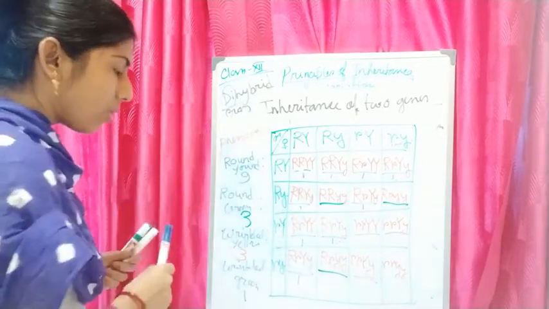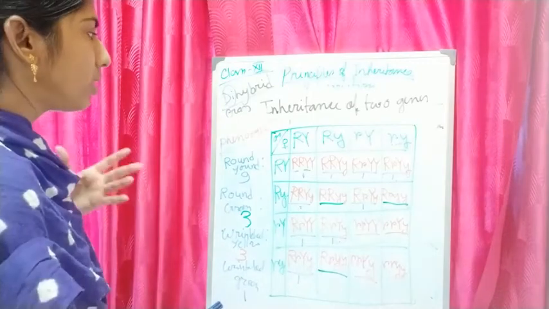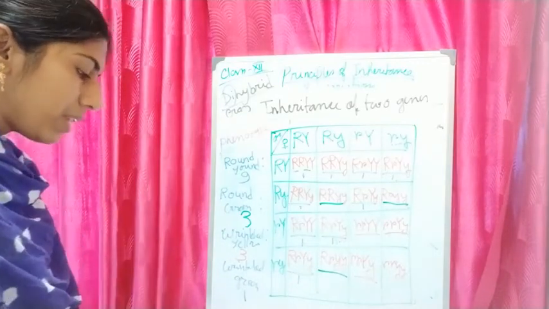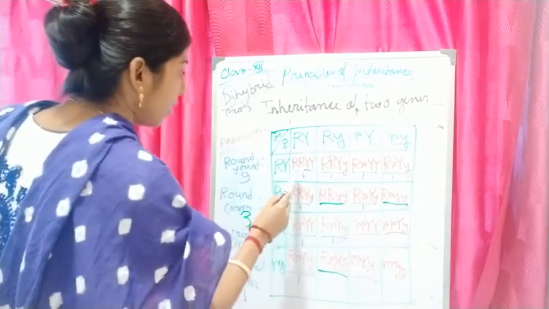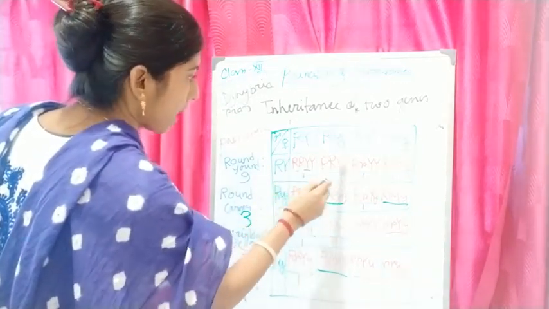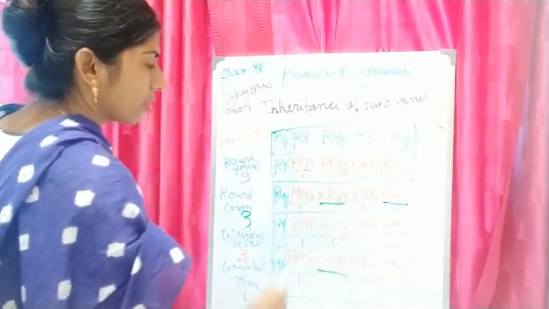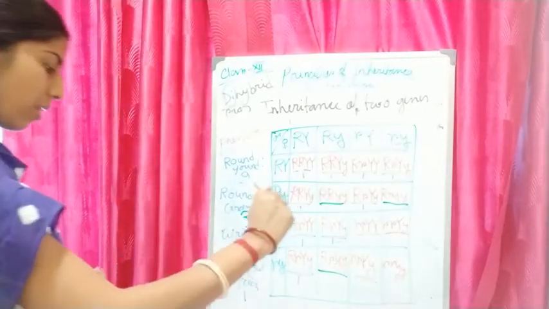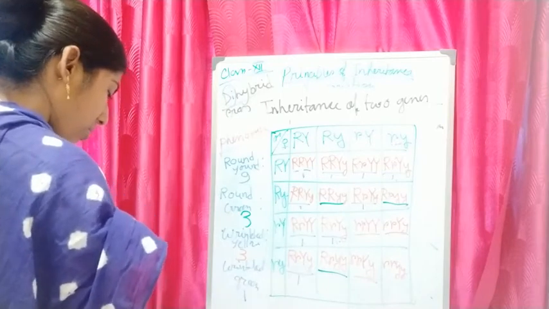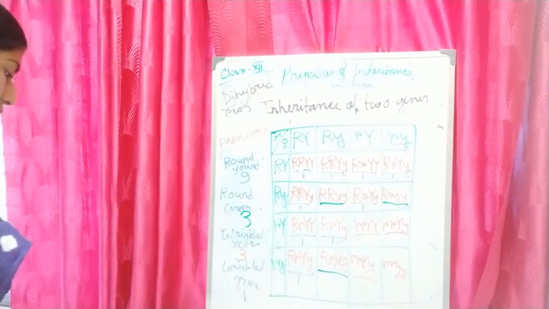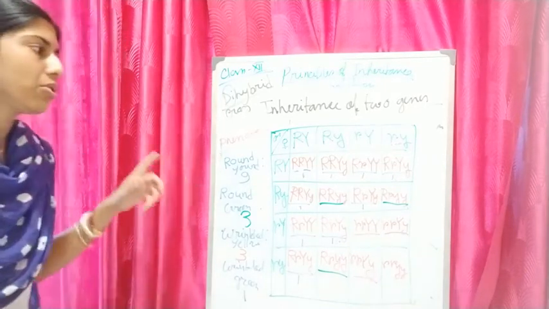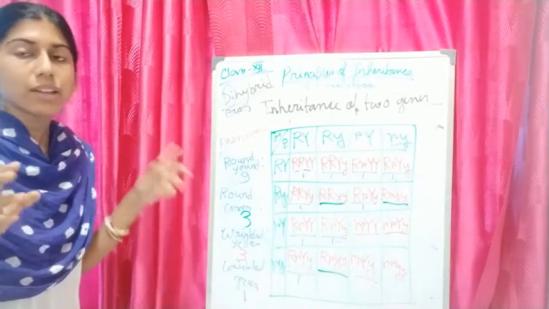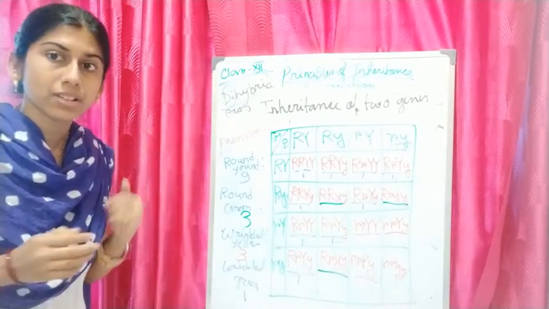Now, like that, you have to find out the genotypic ratio. What will be the genotypic ratio? Now, look, you have to find it out. Look, that one is a genotype. That one is another one. That one is another one. So, you have to write it down and find out what the genotypic ratio will be. The phenotypic ratio is 9:3:3:1. And the genotypic ratio, you have to find out. Try to find it out at home, and this is your homework.